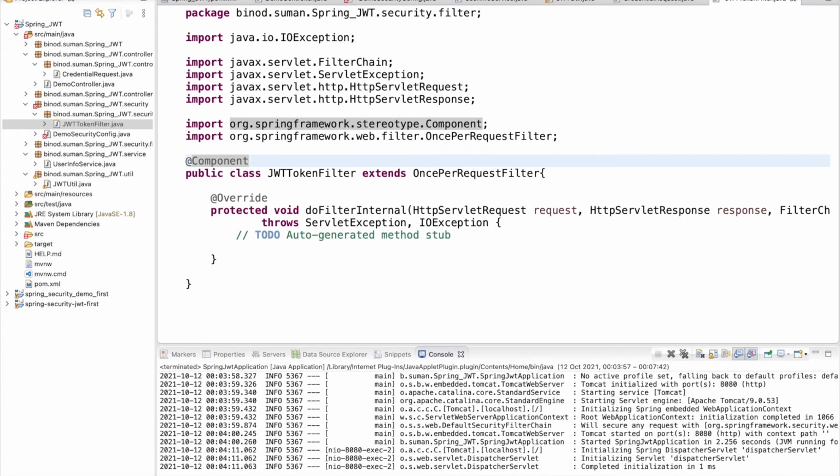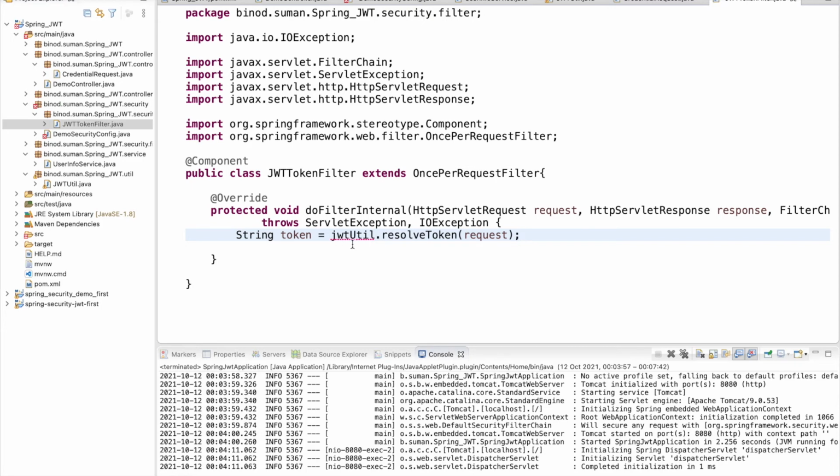So what you have to do here, first, what request is coming, in the request you are passing the validation token, right? So first I will check that the token is valid or not.